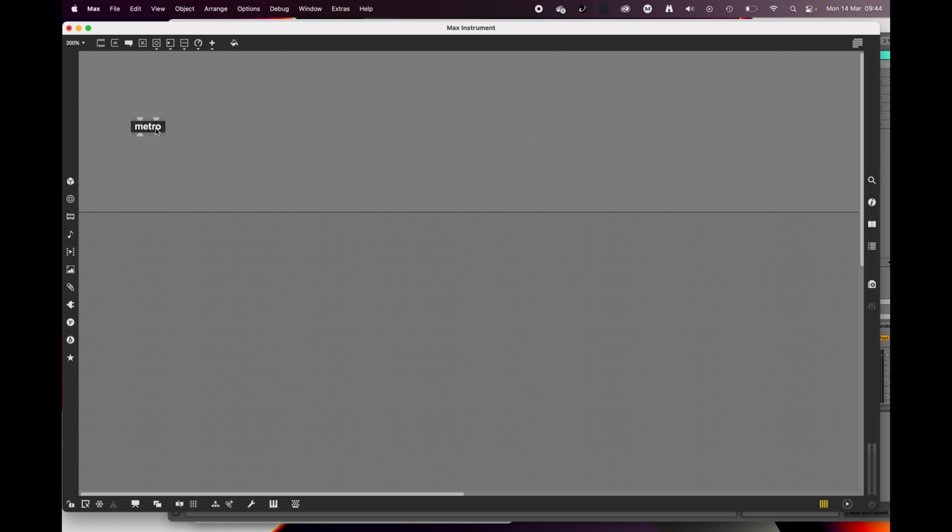So perhaps the quickest way of finding help is to look at the inlets and outlets for an object. If you hover over any of the inlets and outlets, they will give you little pop-ups which show you what each of those inlets and outlets will either receive or output. So if I hover over the one on the left, it comes up with start stop metro, which basically means you need to send a message to that which will either start or stop